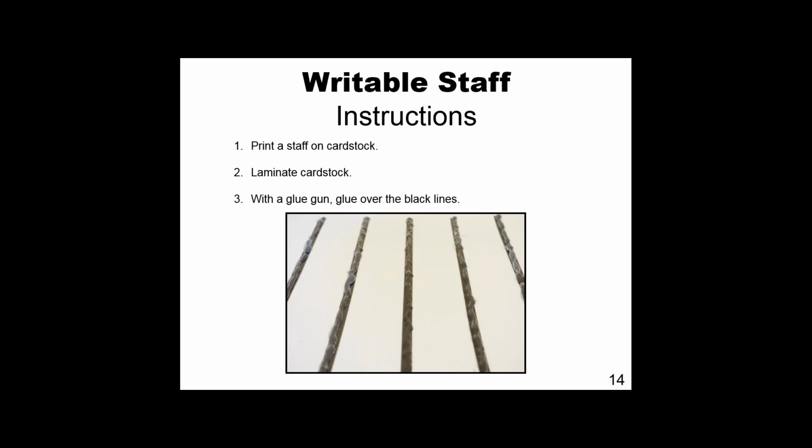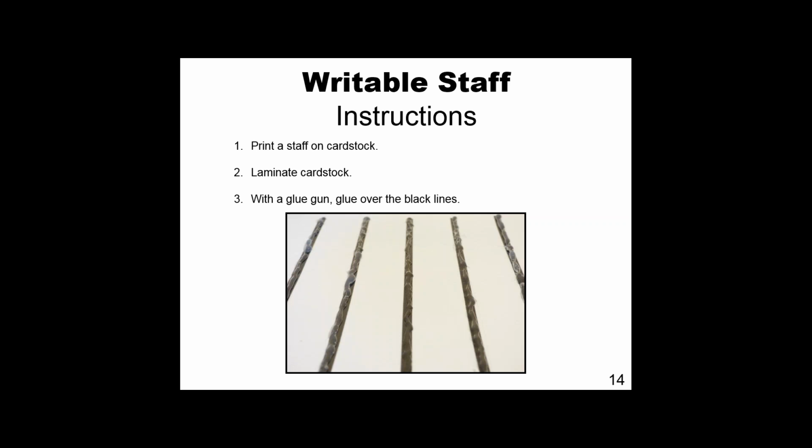So here in this picture, I think you can really tell that it has some hot glue on there. And we print out our staff on the cardstock, we laminate it, and then with that glue gun, we just glue over the black lines. And I only did one line of glue, but you could definitely make it thicker. I've also seen things in like craft stores where they already have those pre-done the glue lines, and I think sort of in the scrapbooking aisle. So you don't have to use a glue gun, but that's what I did.